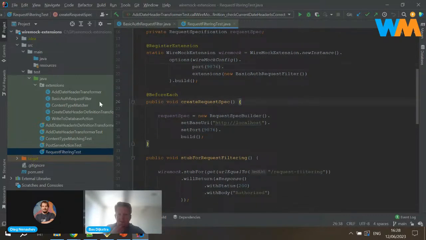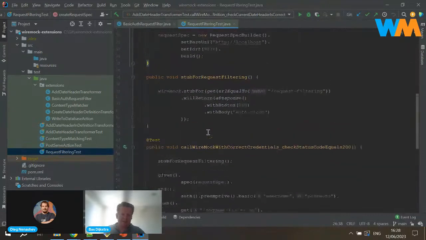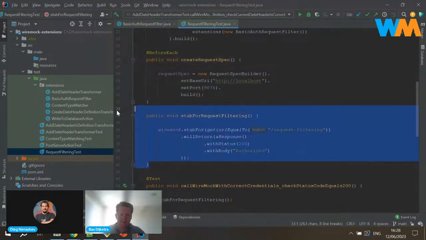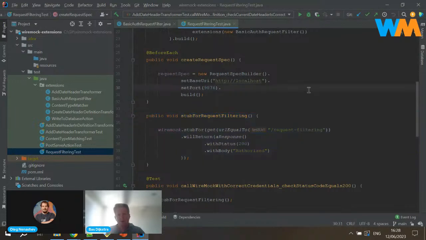And just to demonstrate to you how this works, I built a couple of tests here. This is where my actual mock definition is. So I'm also adding a regular response definition here for those requests that do pass the basic auth request filter.